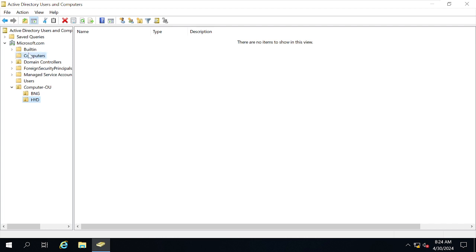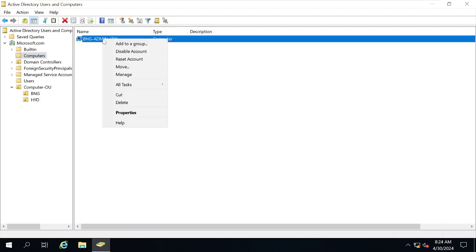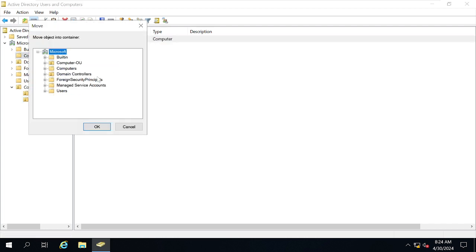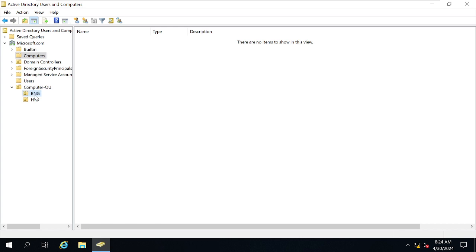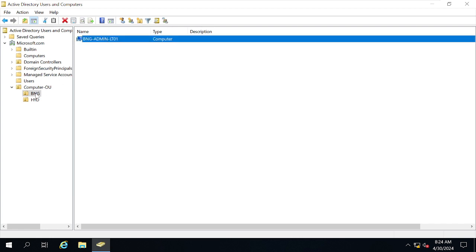So you can move this Bangalore computer to that particular OU under the computer OU, and you see, I have moved it. Now if you go to the Bangalore OU here, you see the computer called Bangalore admin laptop 01 is there in the Bangalore OU. Now if you want to control all the Bangalore computers,